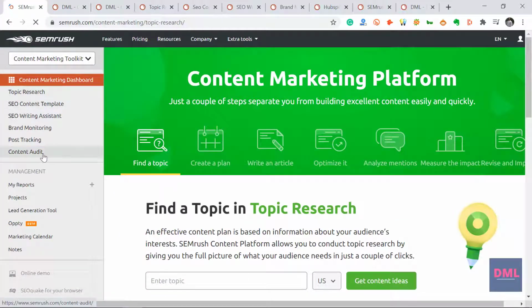We have covered all these different tools in detail, and we have seen how you can use these tools to implement an effective content marketing strategy. If I summarize my review of this content marketing toolkit, there are no isolated tasks, there are no broken processes. You have one tool and it lets you command everything, right from content planning to creation, distribution and tracking. And thus this is a highly recommended tool. We are highly recommending it.